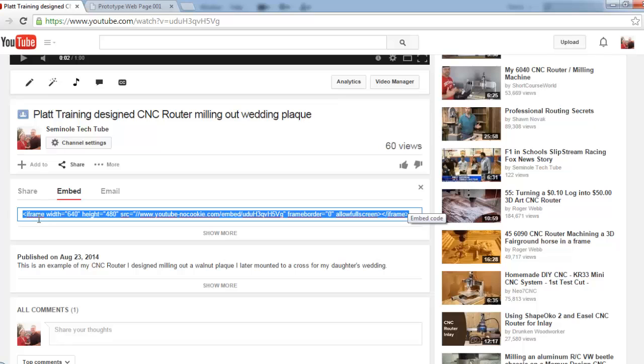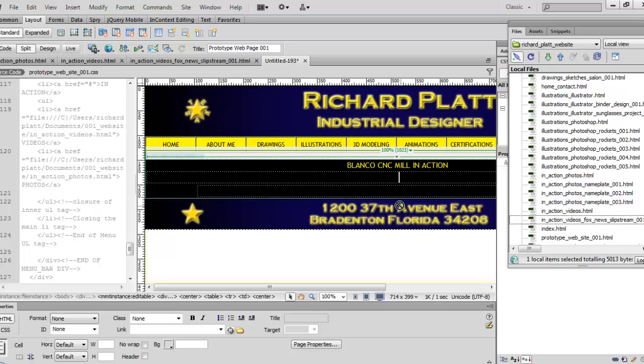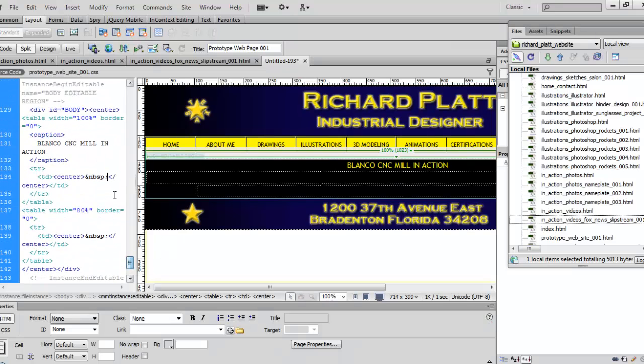So with that highlighted in blue, I'll go ahead and do a Control C to copy. Then I'll go back to Dreamweaver here, and I'm in the actual design view. I don't need to be in design view on this. I need to go to split view. I'm in that cell, and what I'll do is scroll down and find my blinking cursor, which you see right